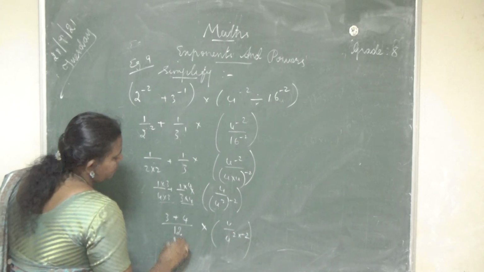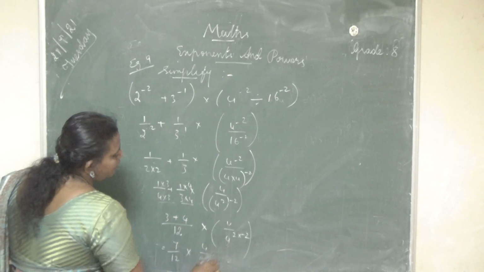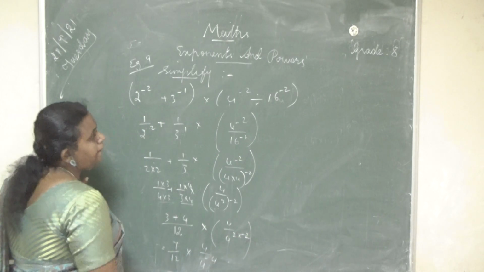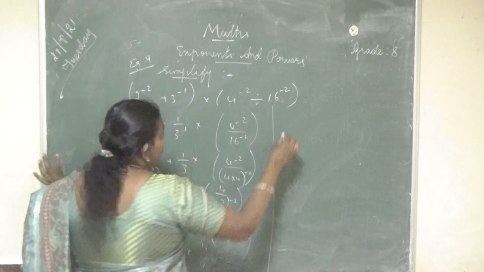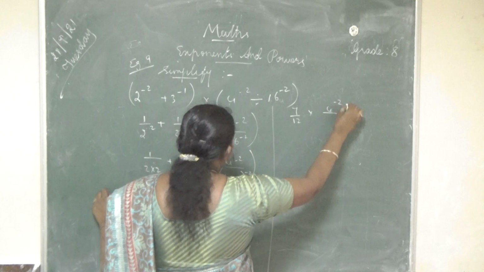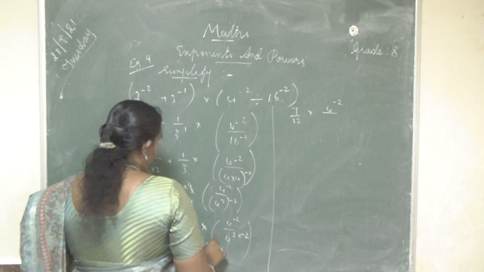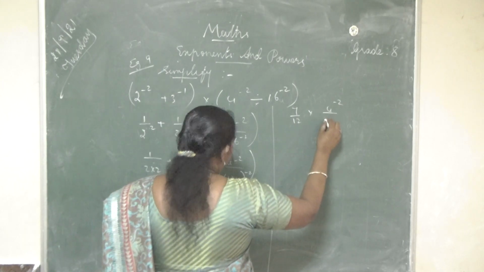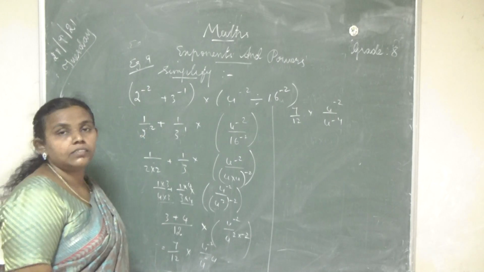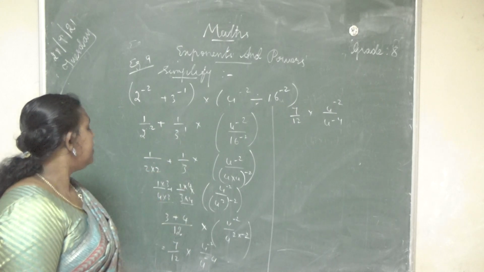which is equal to 4 3 plus 4, 7 by 12 into 4 power 2, 2 twos are 4, plus into minus. So 7 by 12 into 4 power minus 2. Sorry, here I have minus 2, no? 4 power minus 2 I have, no? Sorry, 4 power minus 2 by 4 power minus. How did I get 7 by 12? I added 1 by 2 plus 1 by 4 plus 1 by 3.